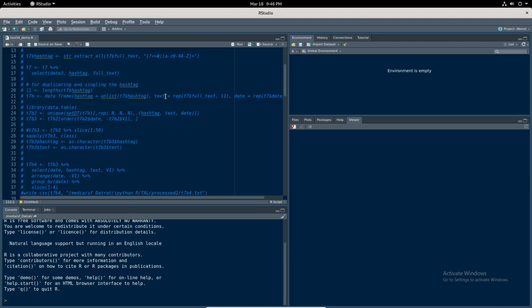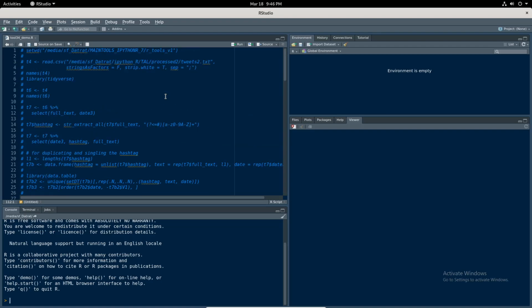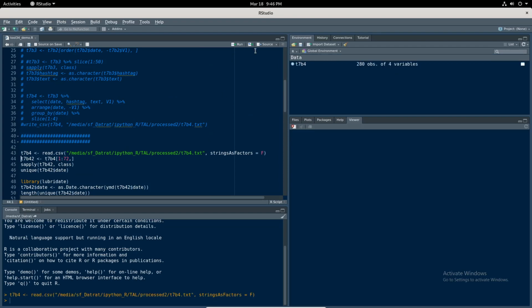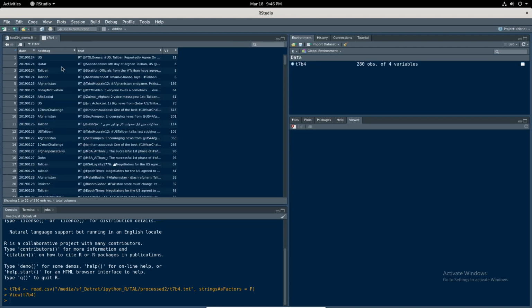Much of the commented code is nothing but the dressing of the data. So I pick up the data from this text file, and once this data is collected, you can see that it has four columns. One is the date, the year, the month and the day, then the hashtags and the text tweet, and this v1 is basically the number of times the tweet has been retweeted. So that is the size of the tile that will be controlled by this number.